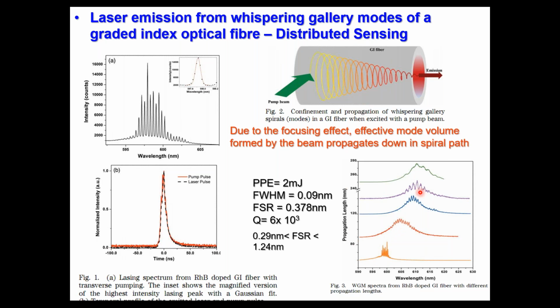So this can be continuously changed, and after a certain distance we see that the lasing dies out because of the losses, but within this region you can see there are huge variations in the selected frequencies,